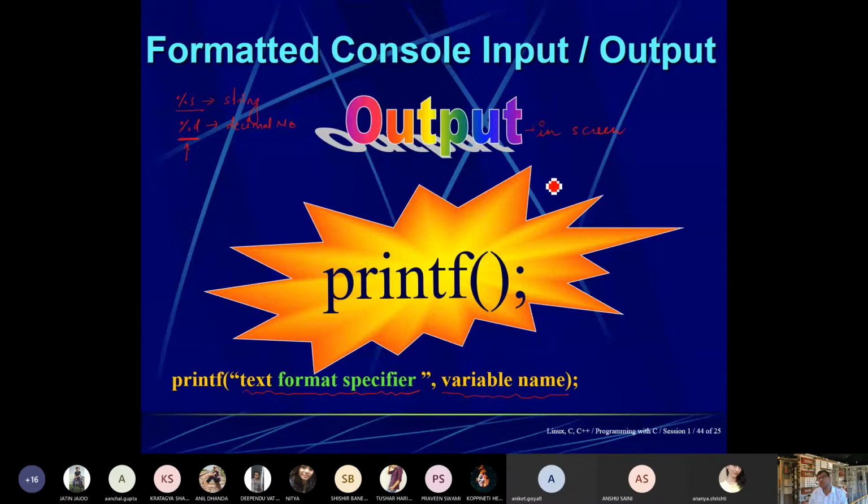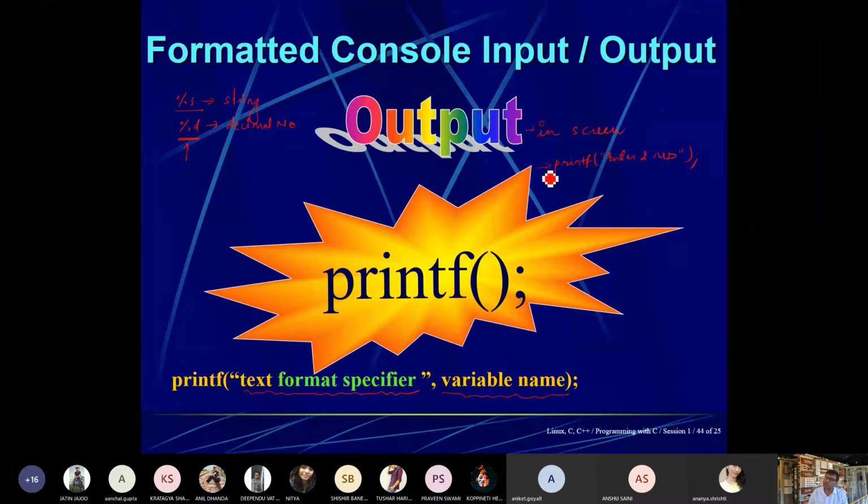Now, if you want to take input, then the printf statement is also required. Like "Enter two numbers." So what is our statement? printf enter two numbers. Then we will go for scanning the numbers.